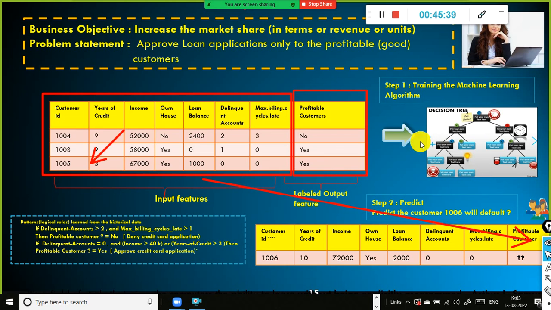In the case of decision tree, it generates the rule, okay. Likewise, there are a host of supervised machine learning algorithms. What it does is, based on the patterns learned from this historical data, it can predict the label output, say yes or no. So in this case, based on the pattern it learned, it will say yes, and then as a manager you need to approve the loan to him.